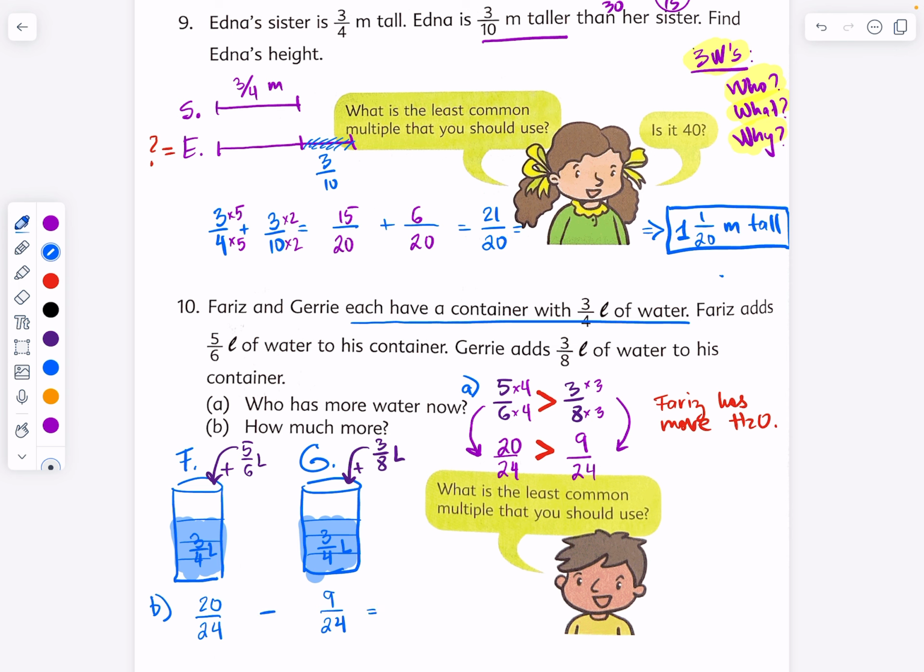Fariz has 11/24 of a liter more. Okay? That's the difference between the boys' beakers now, okay? 5/6 we can write down, same as 20 out of 24, and 3/8 is the same as 9 out of 24. I hope you found this lesson useful on problem